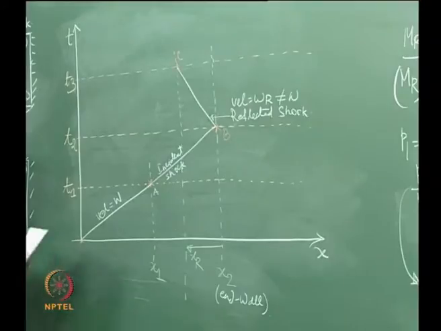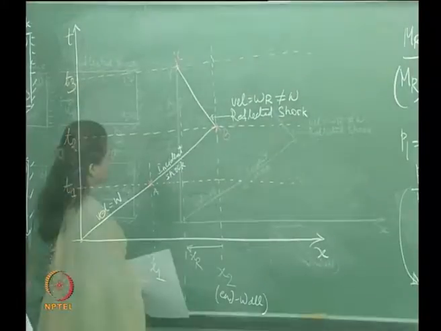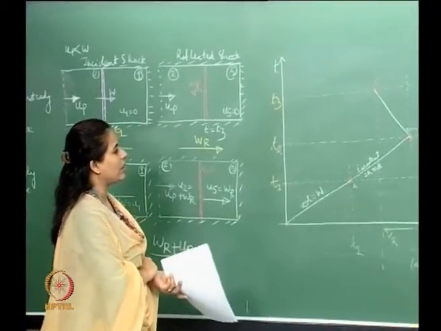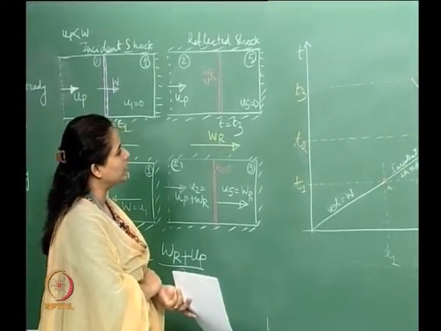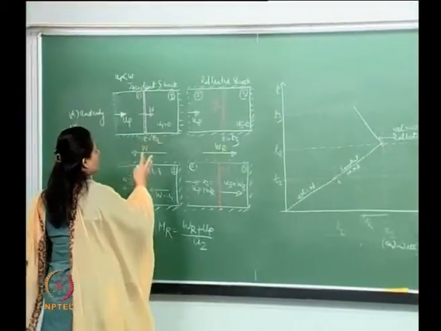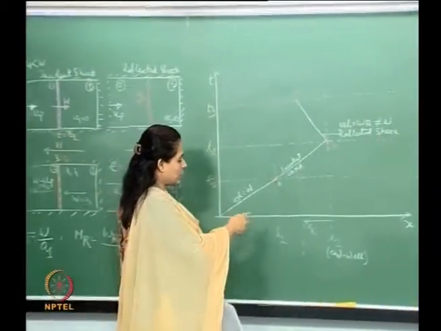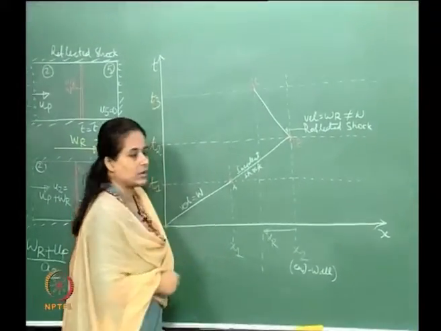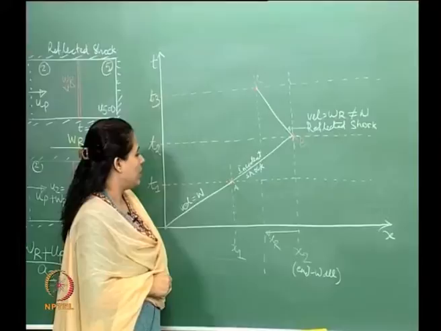Okay. Now, so therefore, this is basically the xt diagram, and if you have a plot like this, you can see pretty much the way the shocks are moving, etc. Now let us also look at this from a different perspective. Now, say in the shock tube, at a location x1,